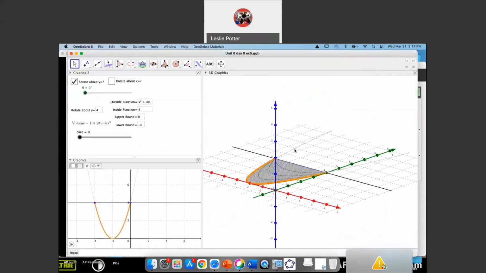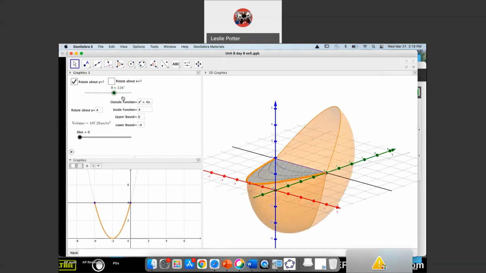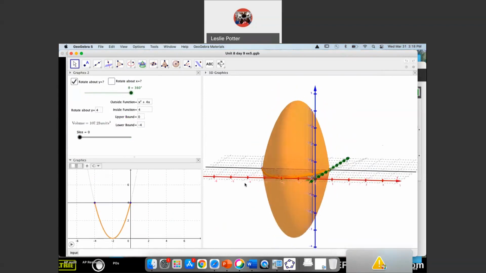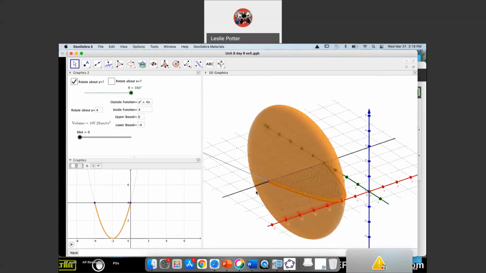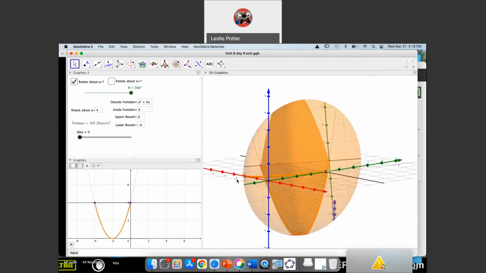So here is the parabola, x squared plus 4x plus 4. And we're going to revolve this about the line y equals 4. Excuse me. So we're going to scoop this up and around, and it's going to look something like this, kind of like an M&M or a Skittle or something like that. So it's got a circular cross section,